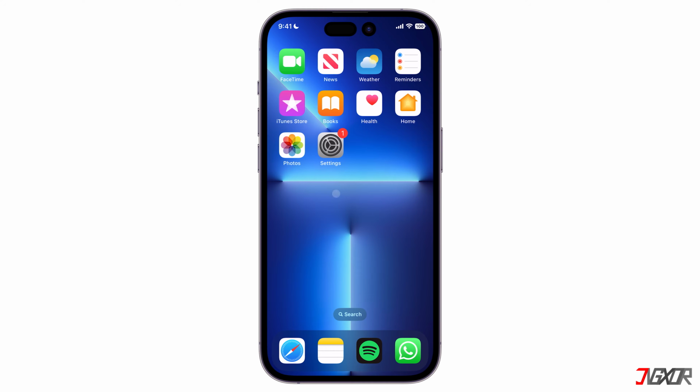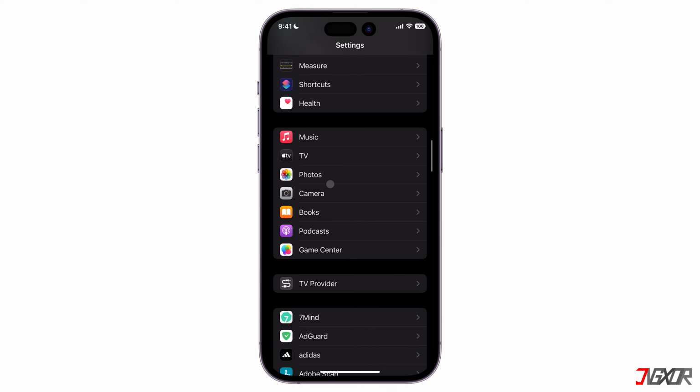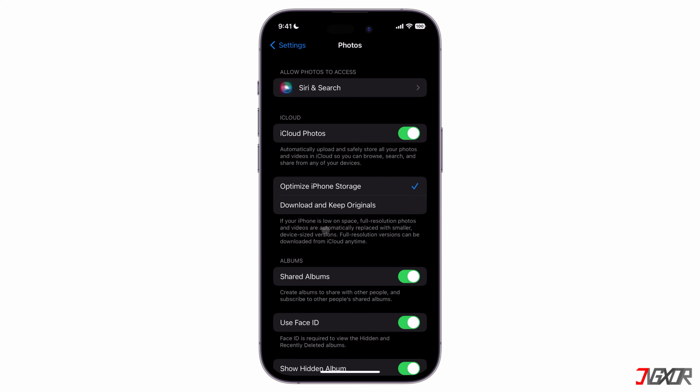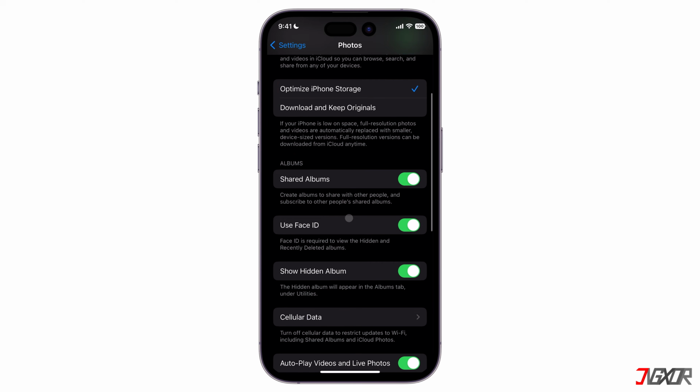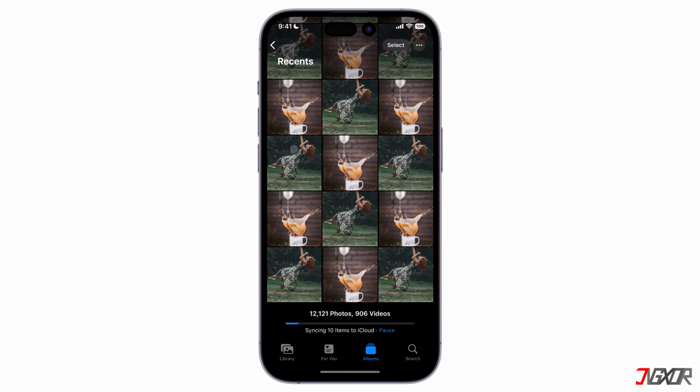To do this, open the Settings app and scroll down until you see Photos. Tap on it, then under the Album section, make sure that Use Face ID is enabled. Once activated, opening the hidden and recently deleted albums will now require a passcode or Face ID authentication, whichever is available on your device. After setting up the necessary configuration, open the Photos app and select the image you would